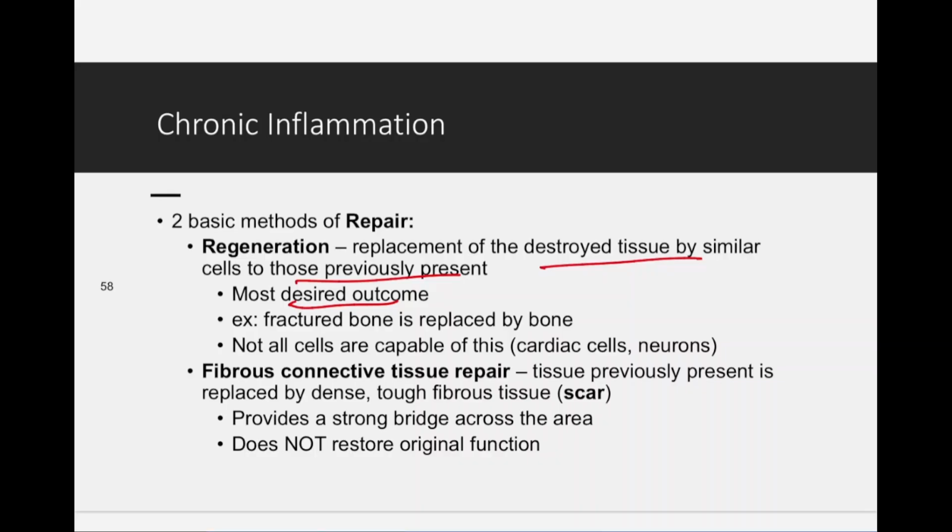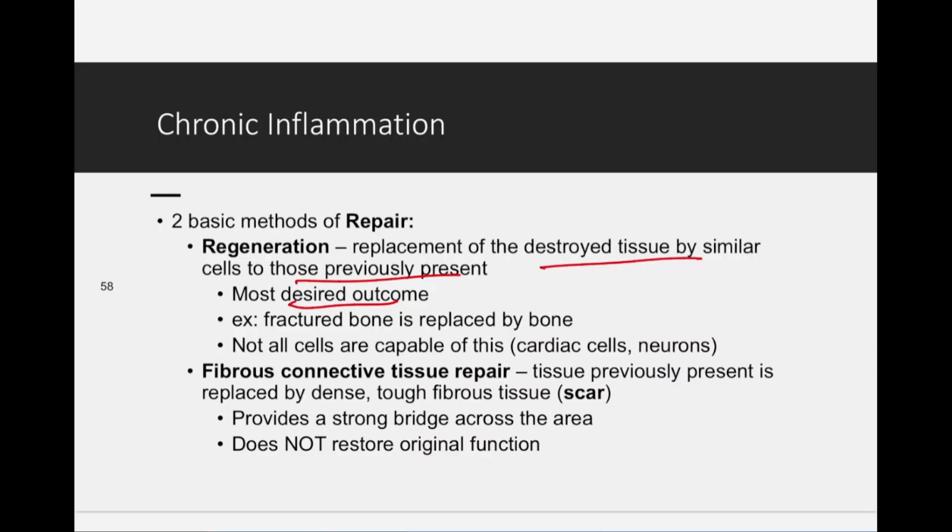Not all cells are capable of regeneration. Nerve cells and your cardiac cells cannot regenerate. That's why if you get paralyzed, there's not much we can do because it takes a very, very, very long time for these nerves to grow, if at all. They're not going to regenerate back to normal. Cardiac, if you have a heart attack and that tissue is dead, that tissue is going to scar over and it's not going to squeeze as well. If the heart's not going to squeeze as well, what number is going to go down? Ejection fraction. That's how you start looking at damage that a heart attack has done to the heart muscle. You see how much is it still working.